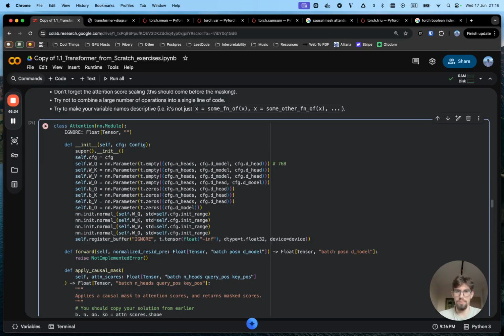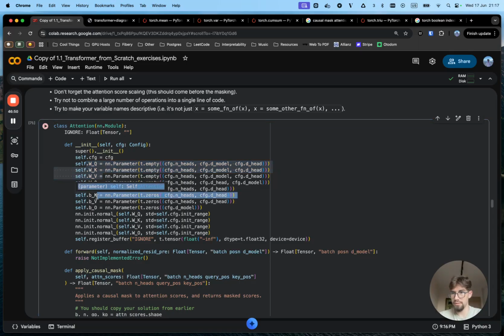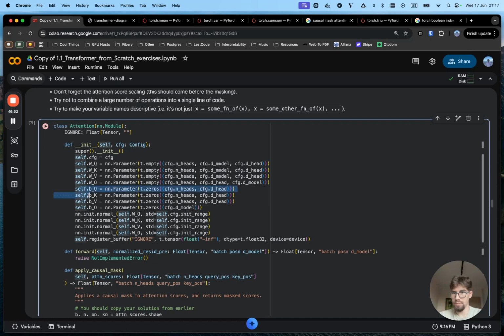We project from 768 to 64, because that was the dimensionality of our head, and this one was the dimensionality of our model. We have 3 of these, and we also have 3 biases for these as well. So it's just a linear layer. Then we have the projection back to the residual stream. And that's basically it. No more parameters here, just the way they